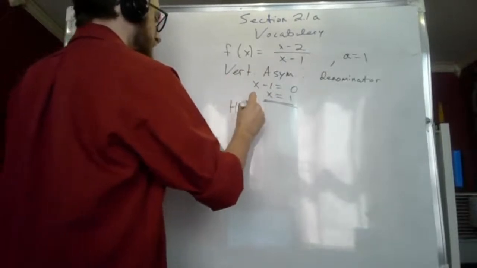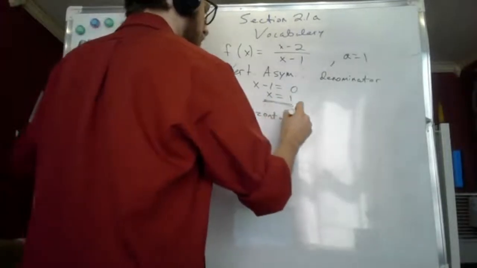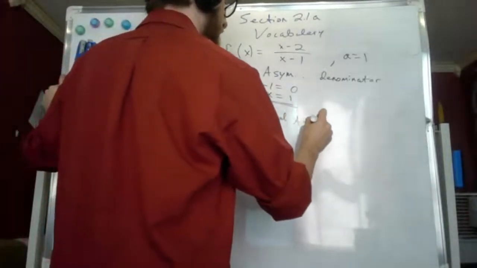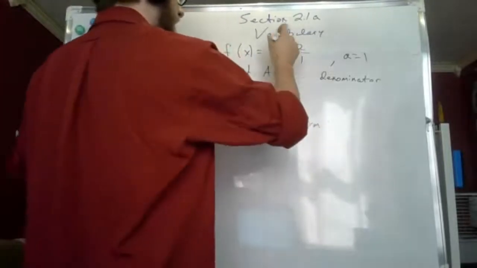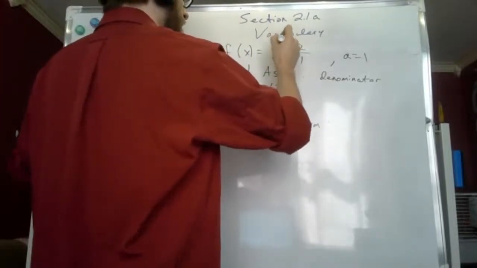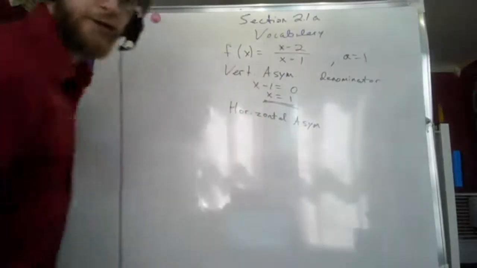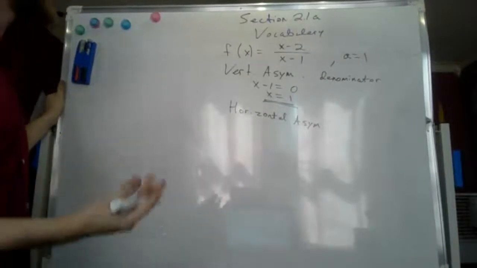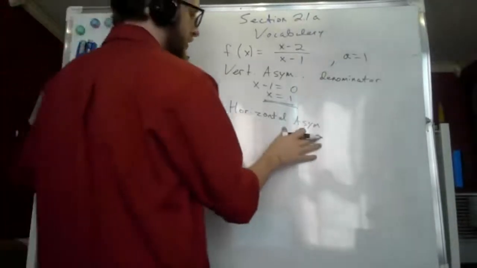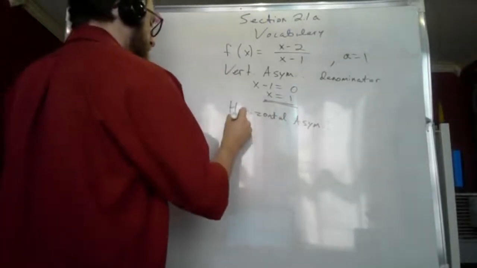Now horizontal asymptotes, because you can have them going in both directions. This has to do with looking at the numerator and denominator. There are a few rules you can use in order to determine what the horizontal asymptote is, if there is one at all. So the first thing you can check,